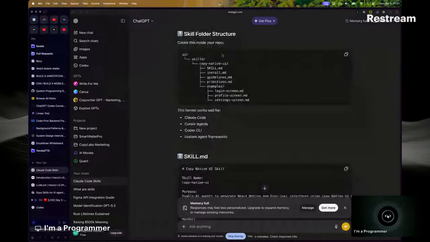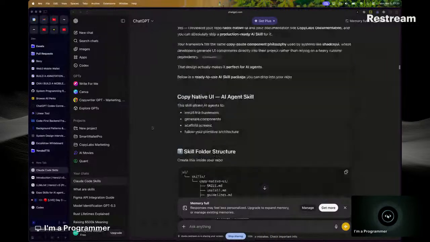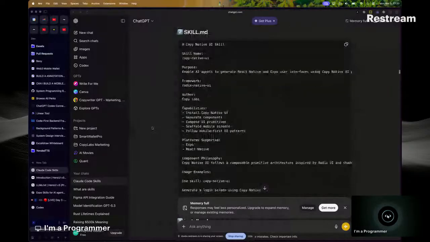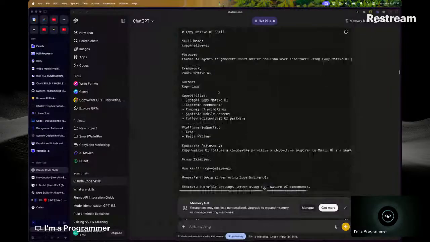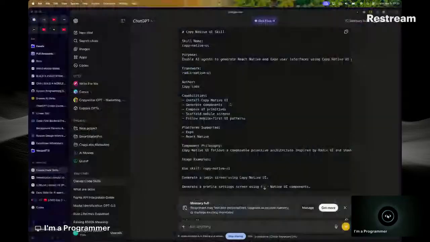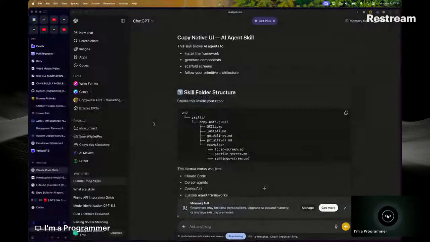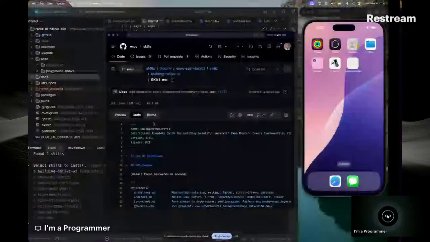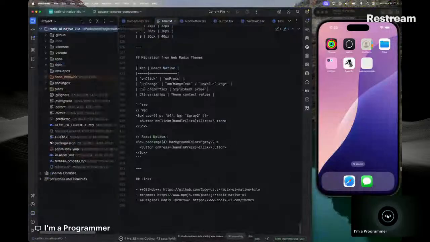So after getting the skill folder structure, which is this, now you see that what we basically need is just the skill.md file, which we already have here. As you can see, we have an example of skill.md. It's just telling you what the skill is. As you can see, it's similar to this, but not exactly this, but it's similar, right? We can still refactor it. So what I'm going to do is go here into my directories, the repository, and I'm not going to install this skill. So yeah, I'm just going to comment that out. So I'm going to close this. I'm going to create a new directory called AI, which is going to be at the root of the directory,